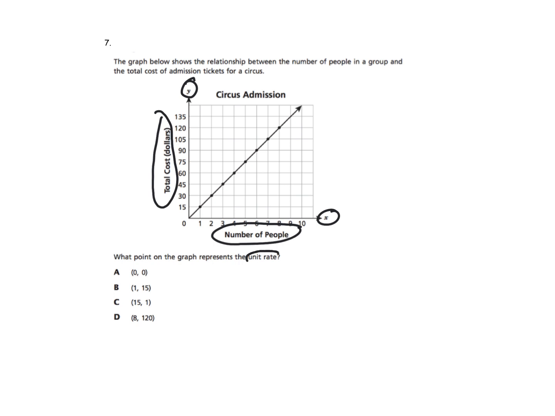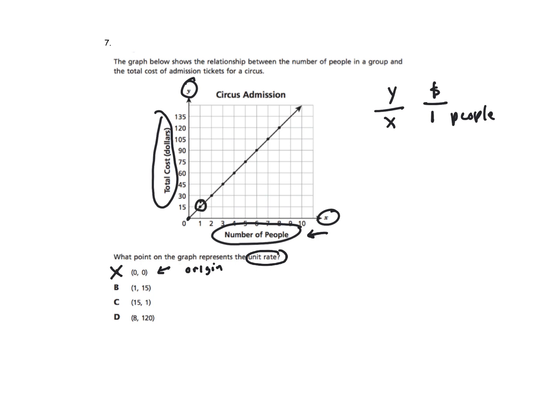So we're looking for the unit rate. The very first point they give us is 0, 0. So that's right here. 0, 0 is not the unit rate. That's the origin, and so that is not it. Unit rate means we're looking for the dollar amount. Remember, we want to put y over x. So we're looking for the dollar amount for one of whatever we're talking about. In this case, the x is people. So for one person,